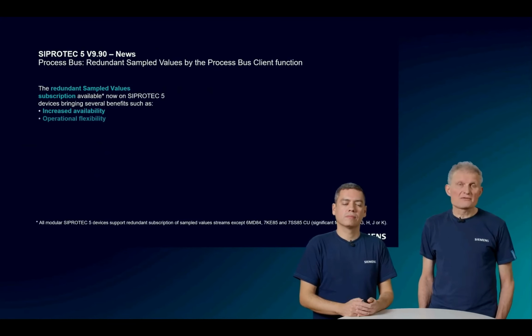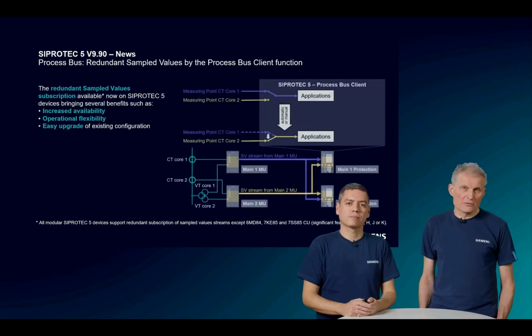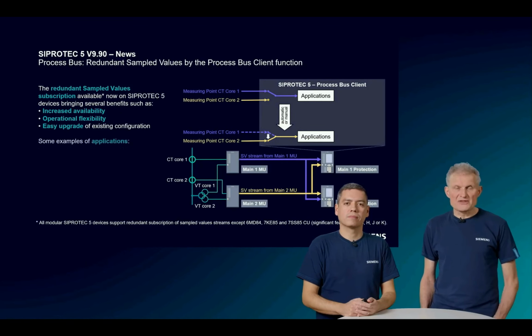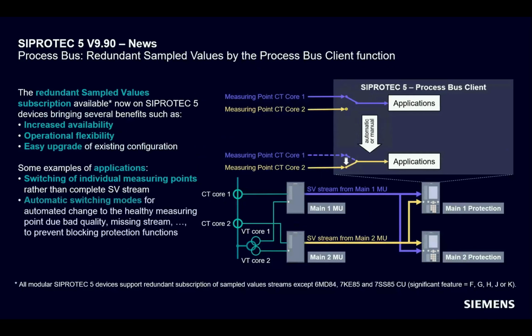Next highlight topic. There are two highlights actually for process bus right now. First is the redundant sampled values by the process bus client function. Those are now available in SIPROTEC 5 devices and bring the following benefits: increased availability, operational flexibility, and easy upgrade